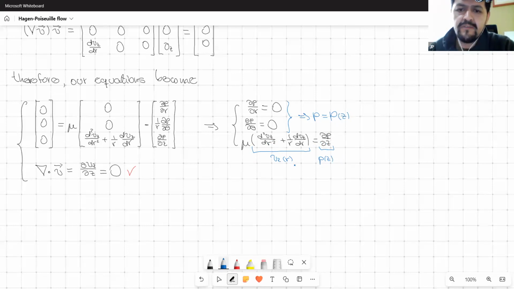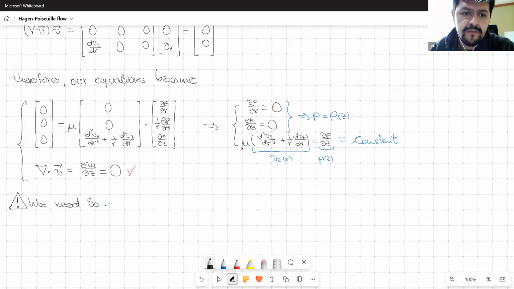So the only way in which this equality could hold true is if that's equal to some constant value. Or put it in other words, for this equation to hold, we need to enforce